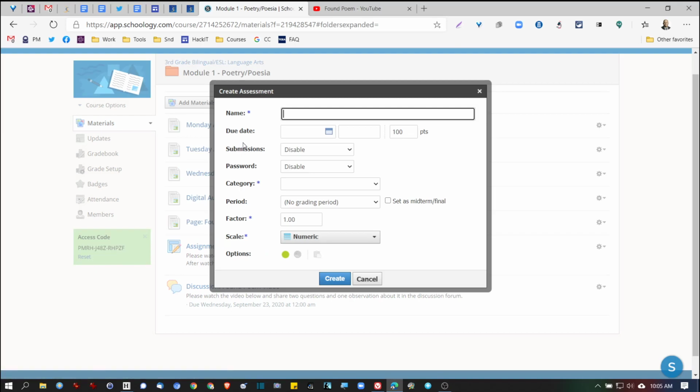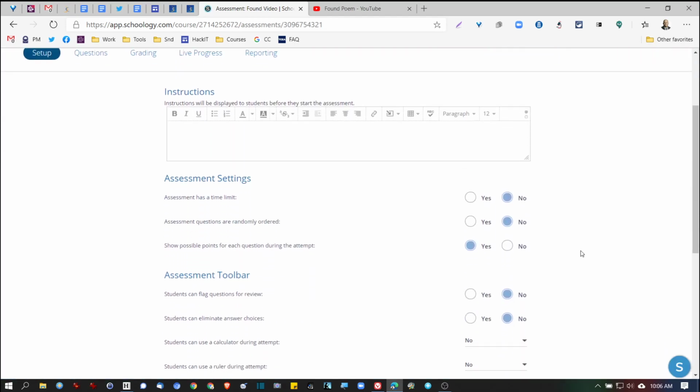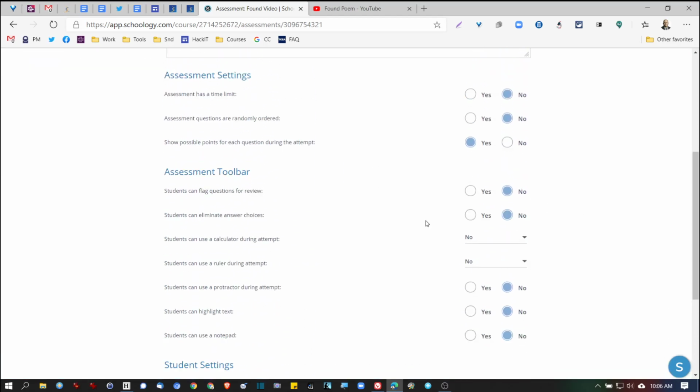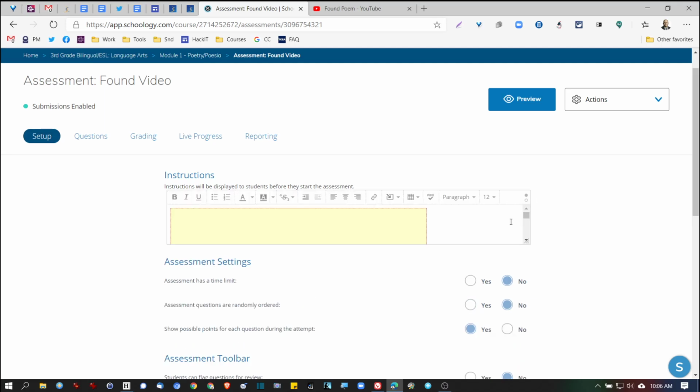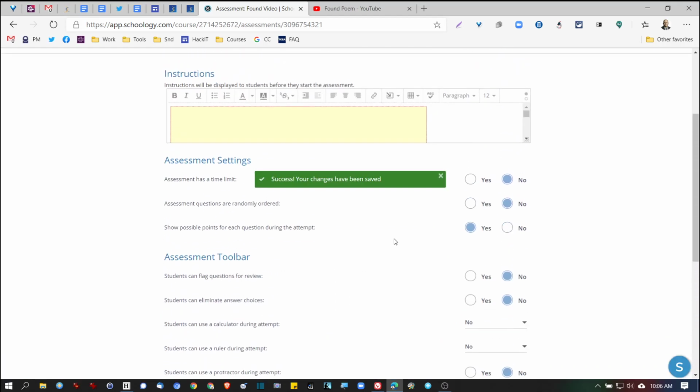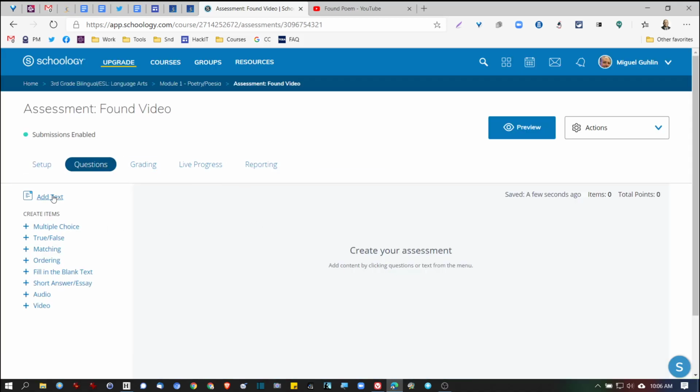So when you're creating an assessment, let me see here, this will be, and so now I have this information. I'm going to click Create, and there's a little bit more to assessments than what you would normally see in an assignment or a page. But again, it's very easy to embed content, and we can preview it. And there aren't any questions at the moment, but like I said, you could choose to